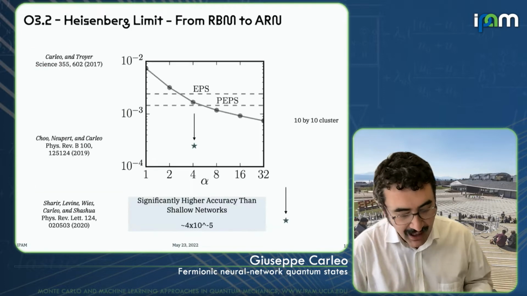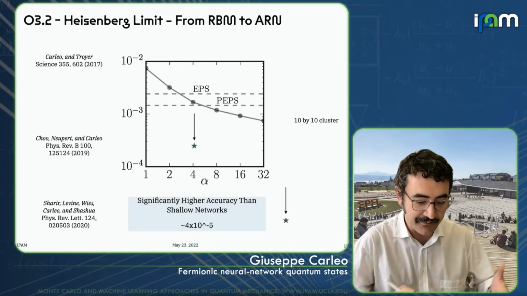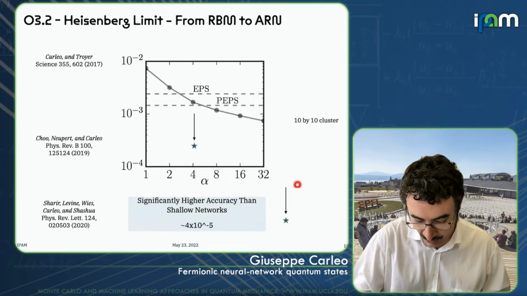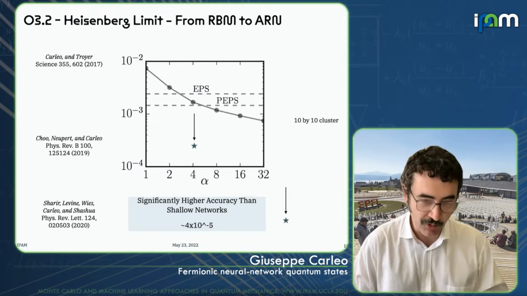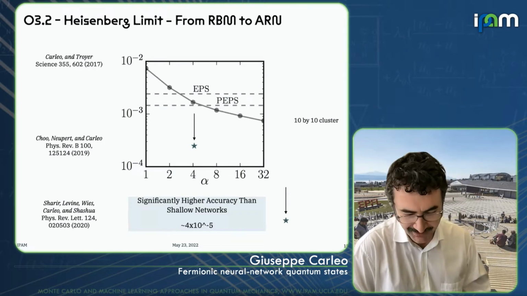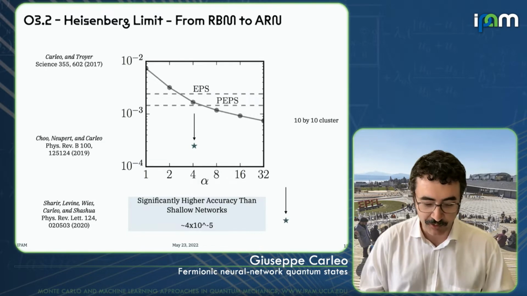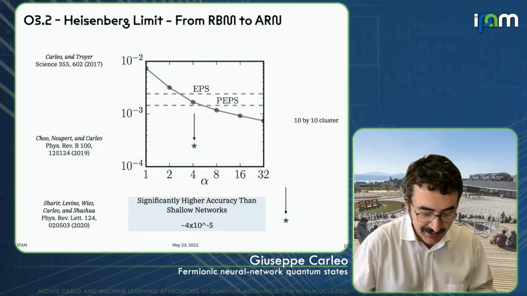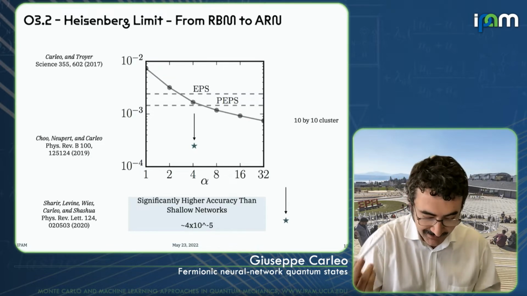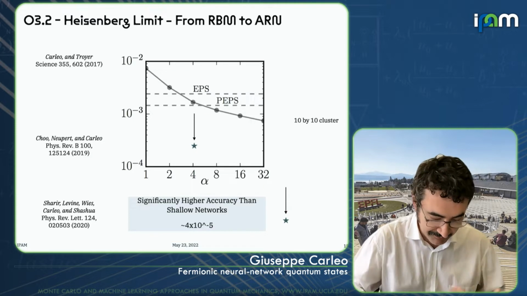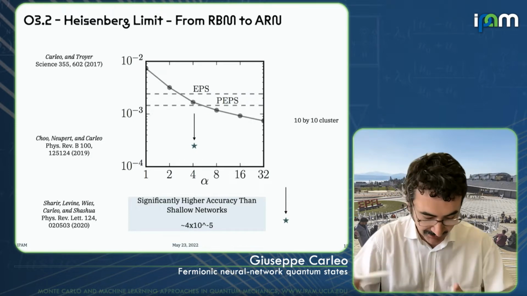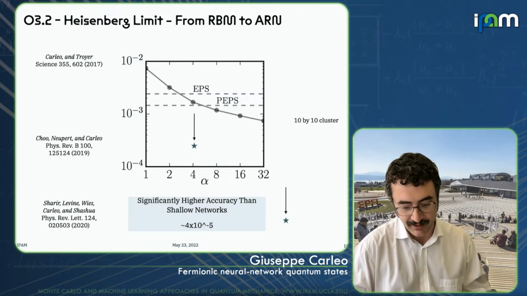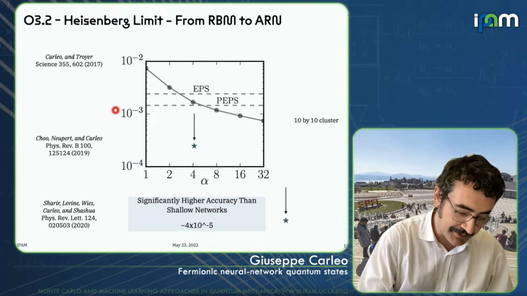Okay? And now, on this model, starting from the Heisenberg limit, where we take J2 equal to 0, we've seen a lot of progress. This is, of course, a limit that we know how to solve exactly with standard quantum Monte Carlo. So in that case, we know the exact energy, so we can use it already as a first benchmark. Starting from the first results that we obtained in 2016, things have significantly improved, thanks to many refinements, and I guess that also Juan will tell you about this. But this is what I plot here as the error on the energy.